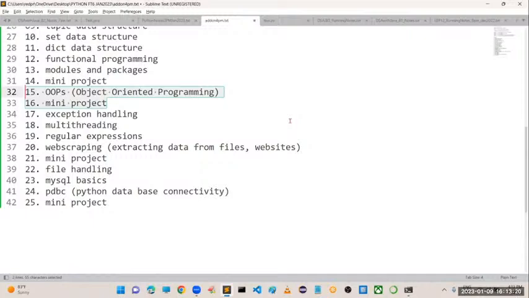That is called OOPs concepts. Around 50 subtopics are there in object oriented programming, and in detail we will talk.